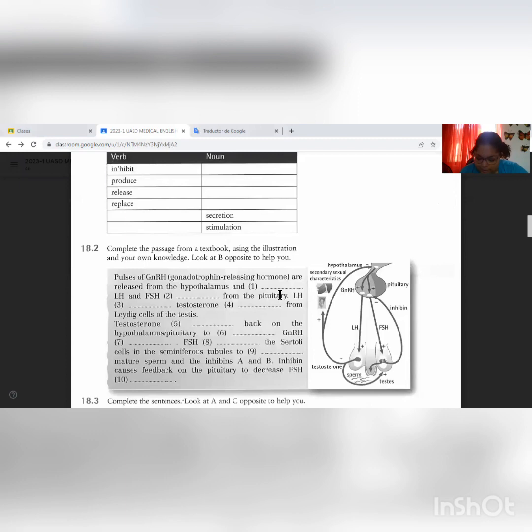Verb: secrete, noun: secretion. Verb: stimulate, noun: stimulation. 18.2. Complete the passage from a textbook using the illustration or your own knowledge. Look at the illustration opposite to help you. Pulses of GnRH,